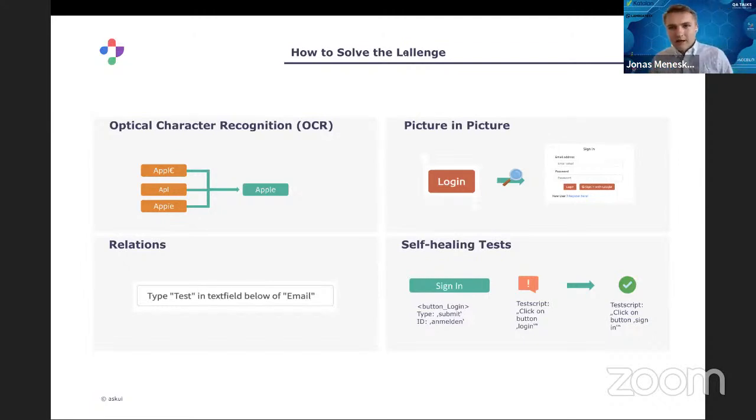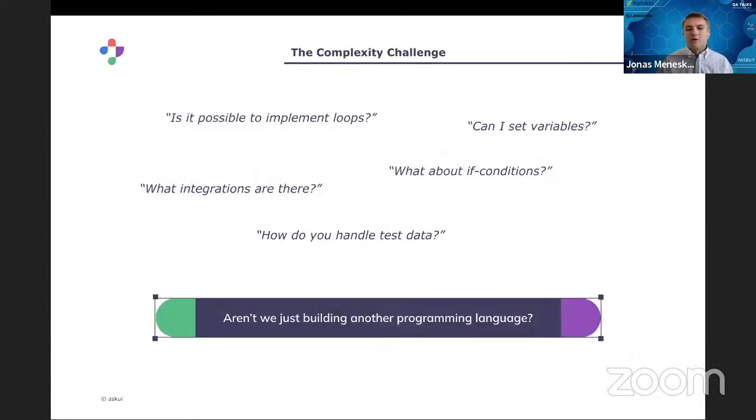These kinds of questions get asked so often that we asked ourselves, all right, if we implemented each requirement each customer has, we would just be building another programming language inside a graphical user interface. And this is actually not what no-code is about. No-code is about making things easier and faster.